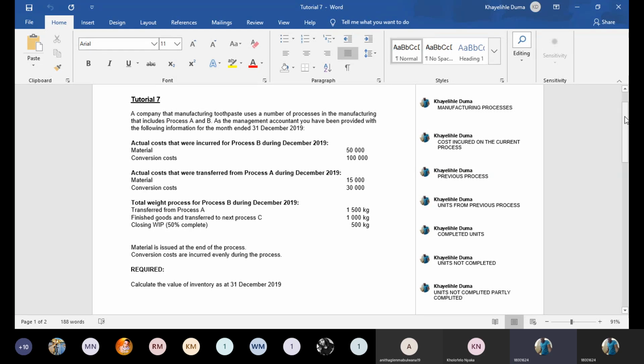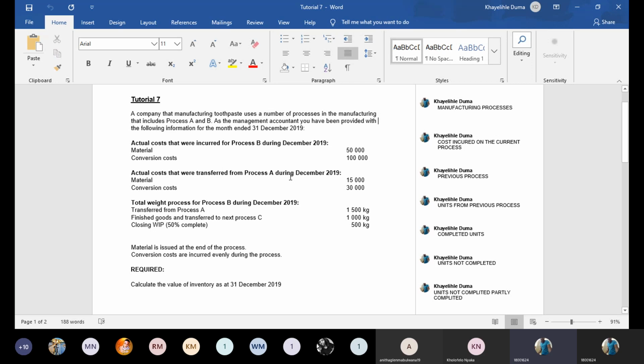So when you do your table, one thing again that you must understand here: we are given information mainly on process B. So it means that we are focusing on process B, not process A, right? The reason why you are given what was transferred from process A is that now you are focusing on process B. Process A, we were done with it, we transferred it, then we went to process B, that's where we are, and that's where you focus. So you have to calculate the cost per unit firstly on process B.